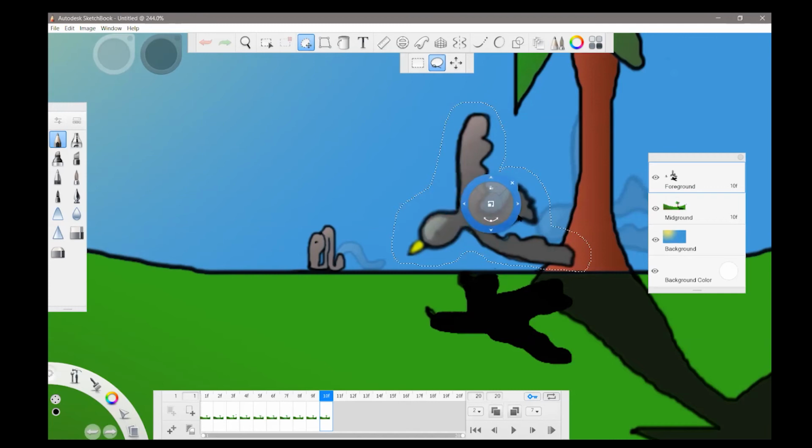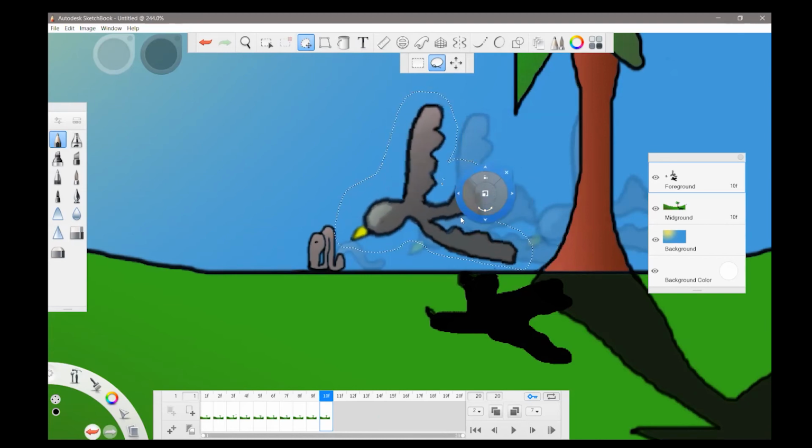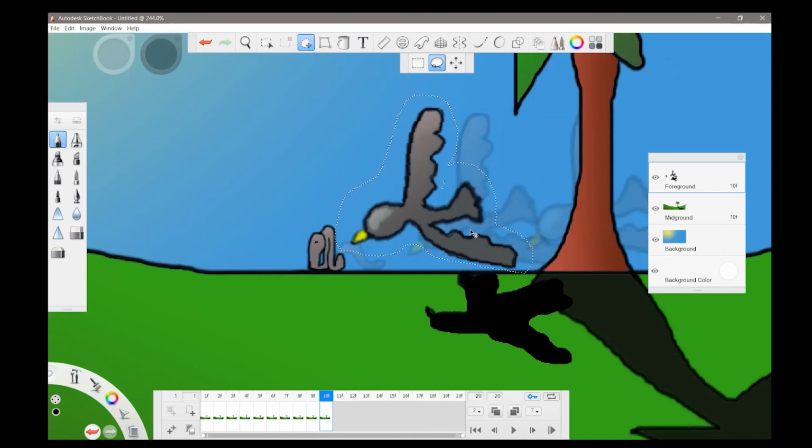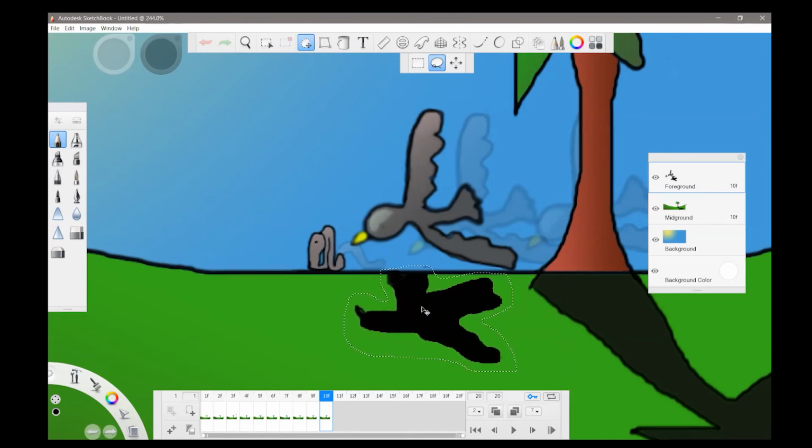Okay, and move him forward like that. I'm going to move him slightly further down like this. Okay, so it's like swooping down, and to that, actually. Shadow there like that,